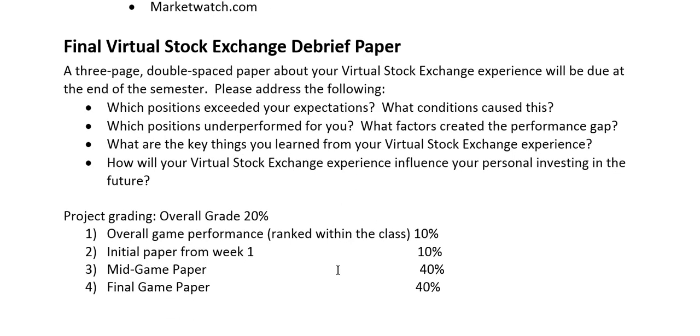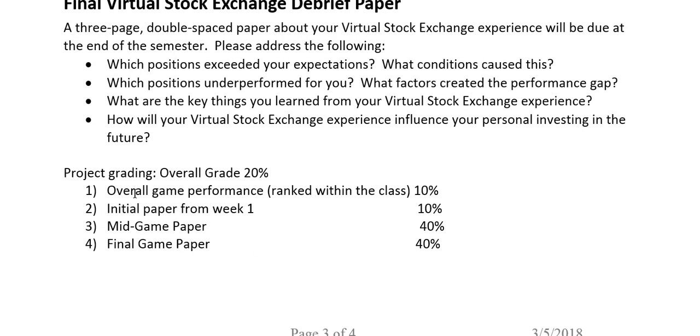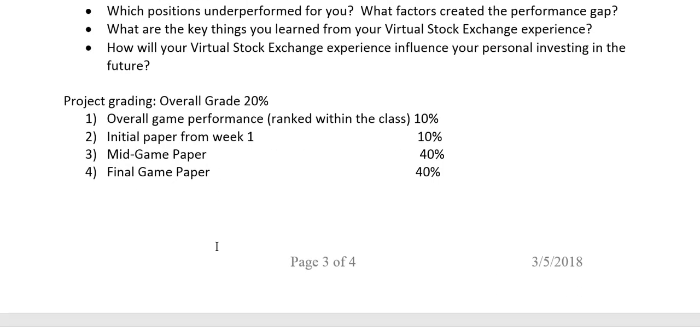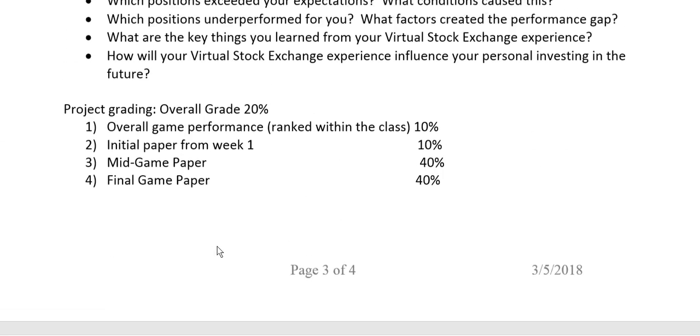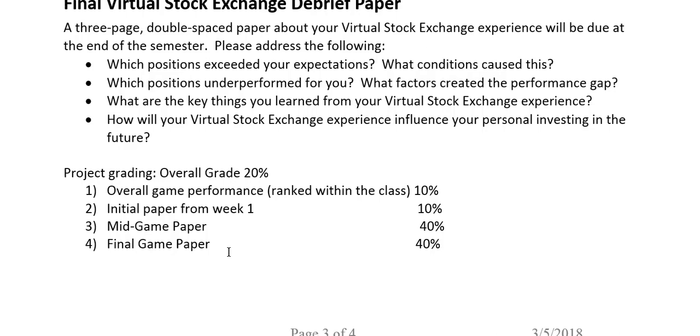So how is this course graded? The overall project grade is 20% of the course. But within that, there are some pieces. The overall grade performance is 10%. The initial paper, week 1's, is 10%. The mid-game paper is 40%. And the final game paper, again, is 40%. So this program, this piece of the course, and